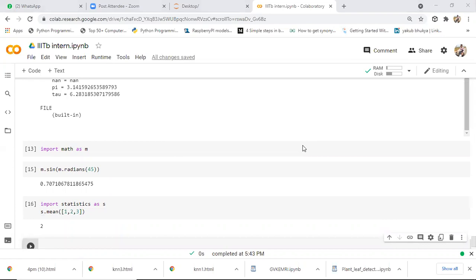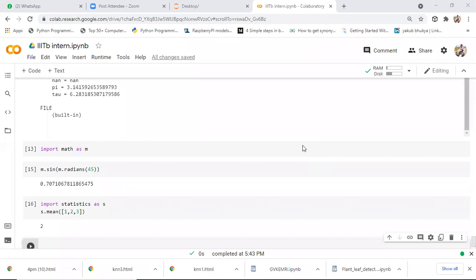So, how many predefined modules are there? Coming to Python, we'll have a million plus predefined modules, but we should not go through each and every module. Every day, the Python organization will update at least 20 to 30 modules regularly. Those other modules are not required for us as of now, or for any Python developer.